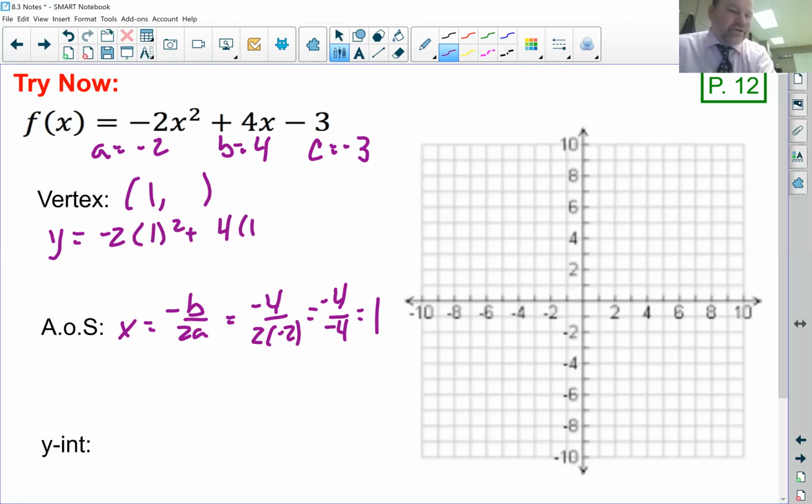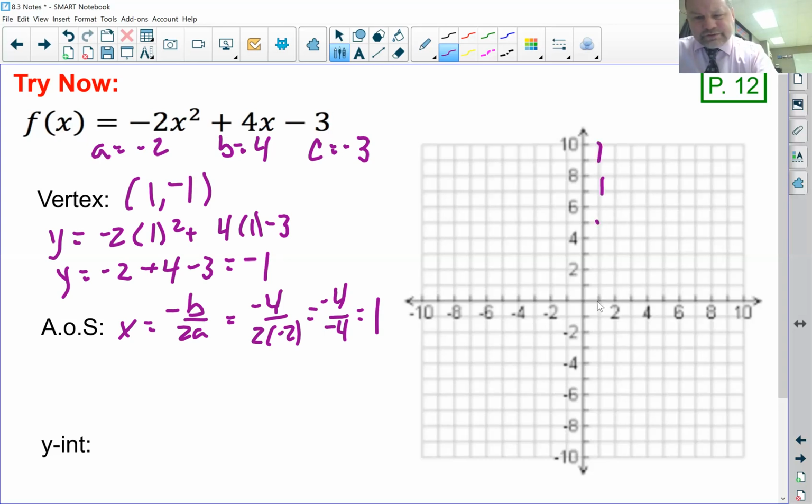Again, being very careful, using those order of operations from middle school. I square the 1 first. That gives me 1 times -2 plus 4 times 1 minus 3. -2 plus 4 is +2. +2 minus 3 is -1. So my axis of symmetry, my vertex over 1 down 1,